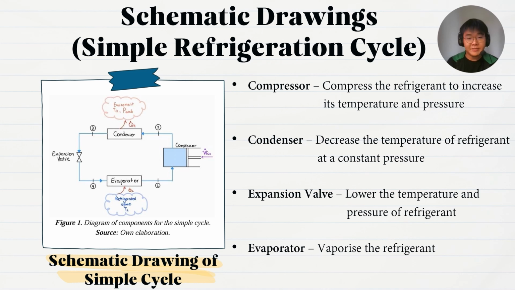There are two schematic drawings in this journal, which are the simple refrigeration cycle and the cascade refrigeration cycle. Figure 1 shows the schematic drawing of a simple refrigeration cycle. A refrigeration cycle is just like any other cycle which has a flowing medium, known as refrigerant, that flows throughout the cycle. There are four main components in a refrigeration cycle, which are compressor, condenser, expansion valve, and